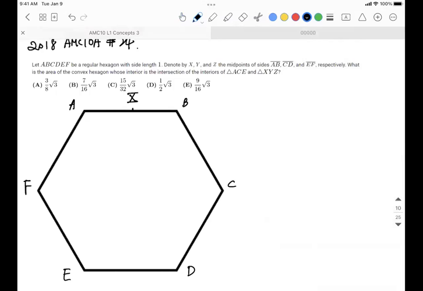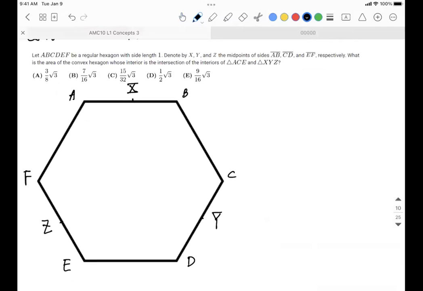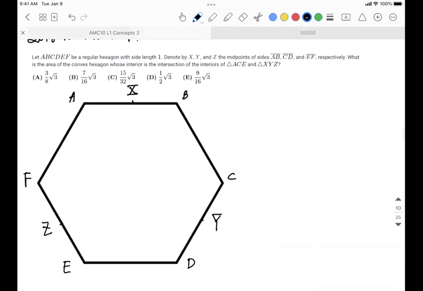Y is CD, CD is here. And Z is EF. X, Y, Z are the three midpoints of AB, CD, EF, respectively. So what is the area of the convex hexagon whose interior is the intersection of the interior of ACE and